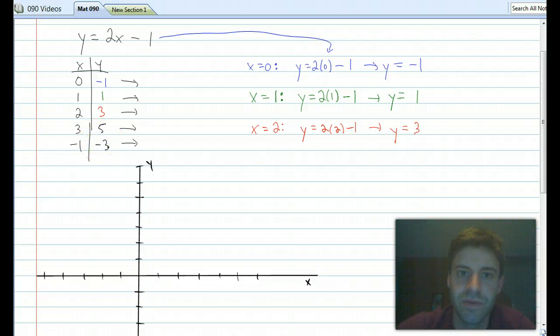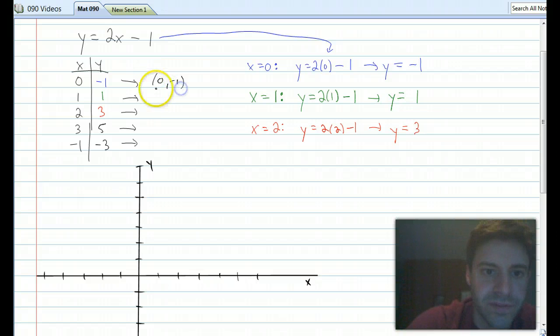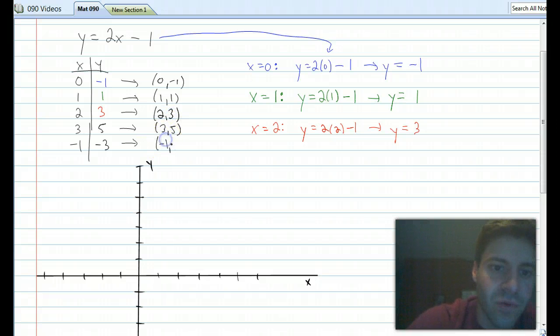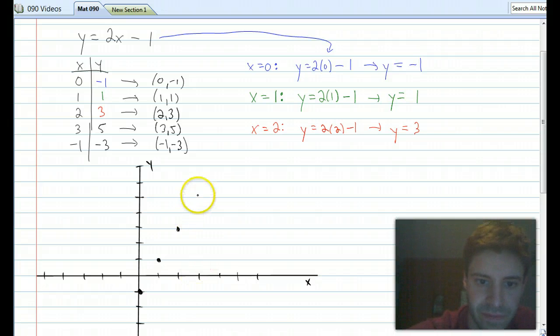So let's take each one of those x and y pairs, make them into points, and graph them on our xy plane. We have (0, -1), (1, 1), (2, 3), (3, 5), and (-1, -3). Let's graph each of those points on our xy plane. (0, -1) turns out to be right here. (1, 1), (2, 3), (3, 5),